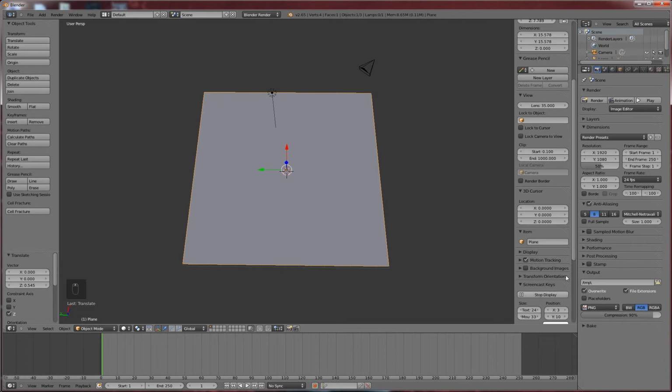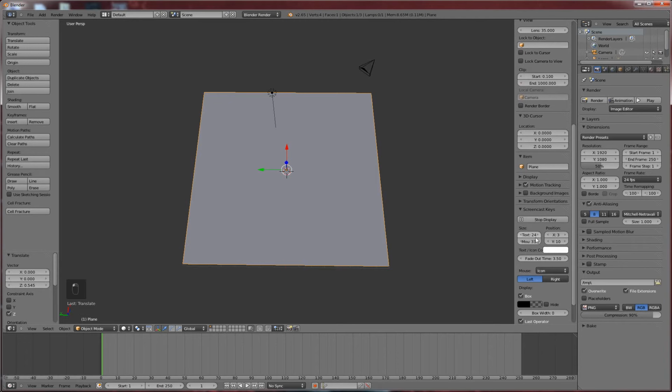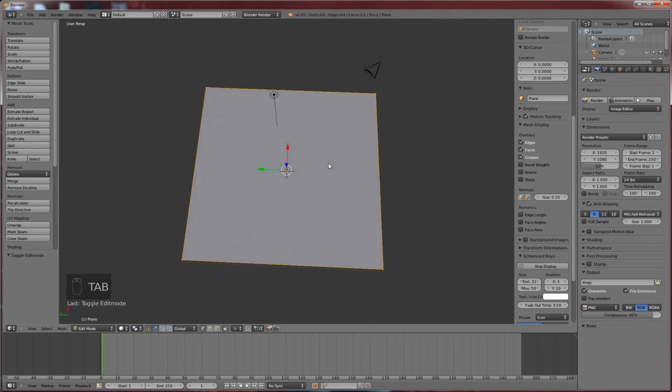just so you guys can see a little bit about what I'm doing here. So, sure, looks good. I just have a plane here, then we're going to tab into edit mode, and then